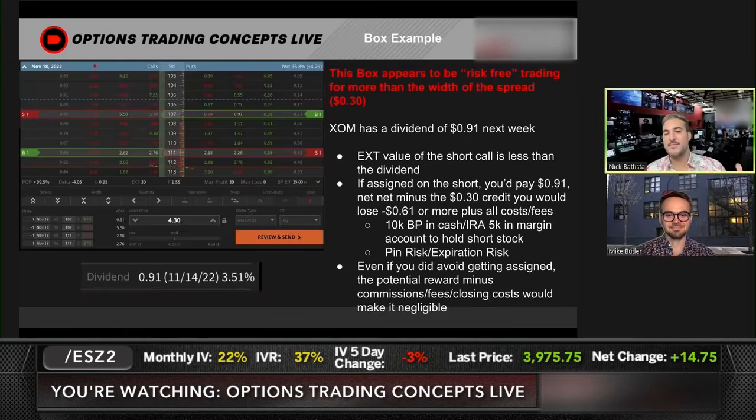All in all, just keep in mind that the reward of the box, whatever this 20 or 30 or 10 cent credit, free money that you're seeing, you're going to have to take out costs and whatever other risks come into play from this. So your commissions, fees, cost to carry, what else do I have on there?